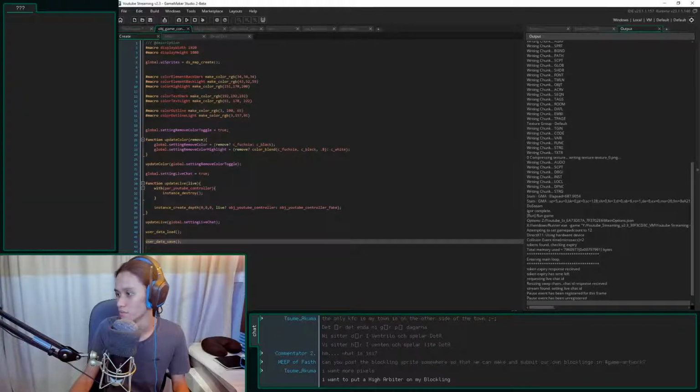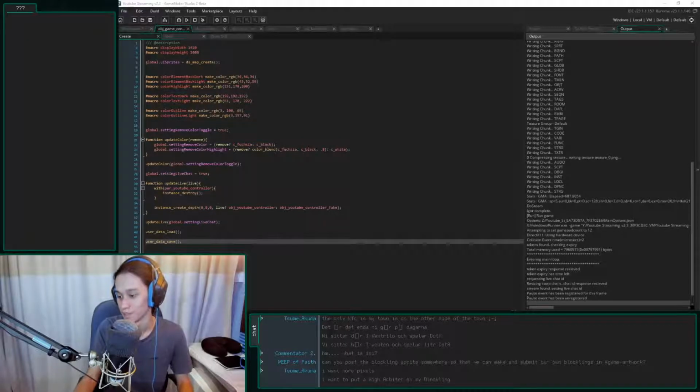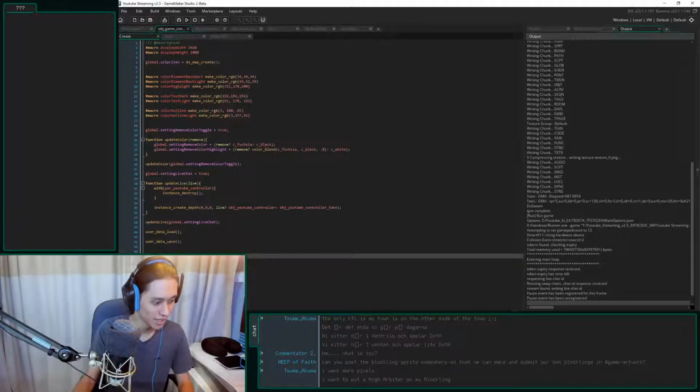I lost my notepad. I don't know why it's not opening. I'm clicking it, but my notepad isn't opening. Where is it? Open with, let's open it with notepad. Nope, it's not working. Open with, what is wrong with you? I can't open it. Is this some sort of protection so I don't accidentally open it with Atom? Okay, Atom, what do we have? What are we working with? It's not working. I literally cannot open.